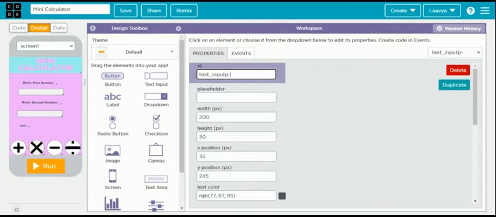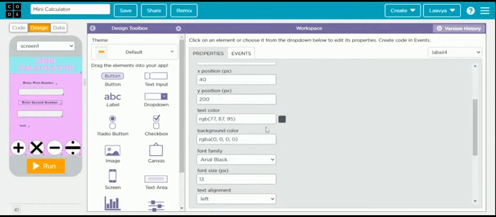Again, you write text input second number. And in this label, don't forget to rename this one because this is a very important label. Label answer. Now you can increase the size of everything if you want, and the color also.